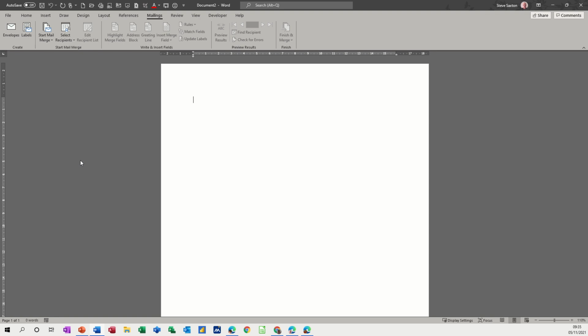So first of all, let's get ourselves an address block. So I'm going to move the indent marker across to, say, 11 centimeters and just type an address. So I'll just type a made-up address for myself. So you type your address, and then this is just simulating a letter that you're going to send to somebody,